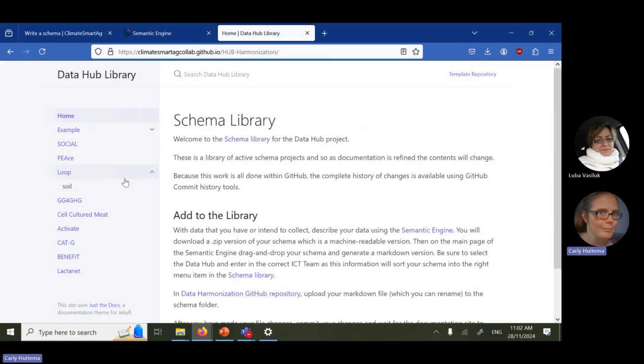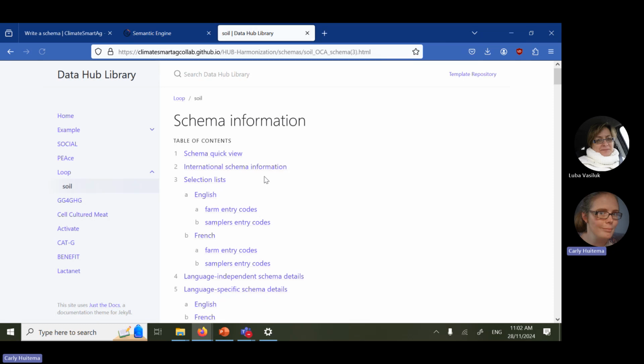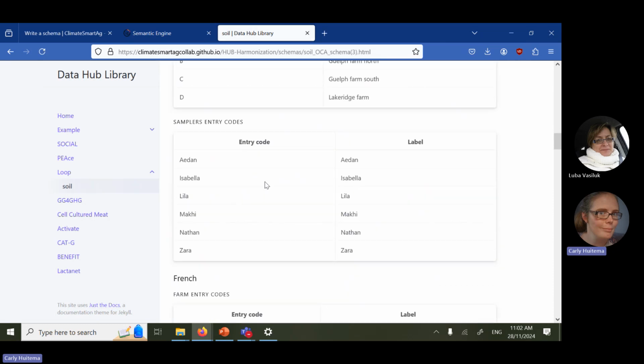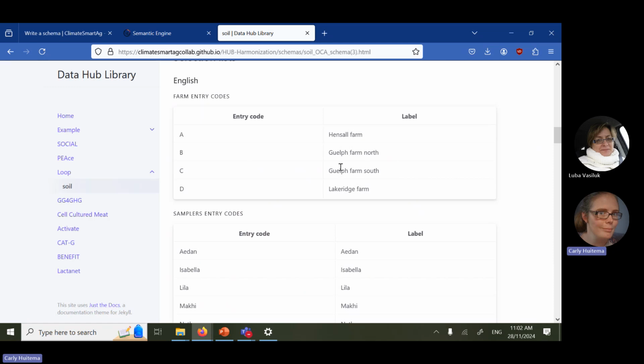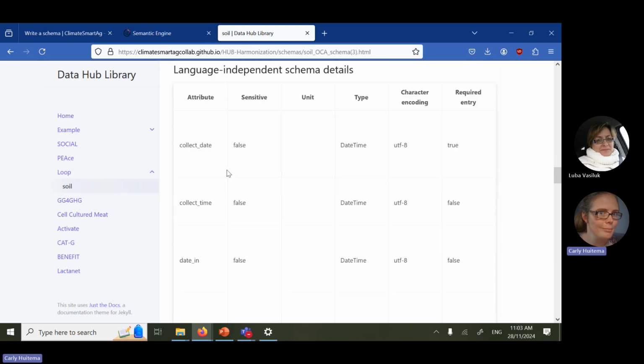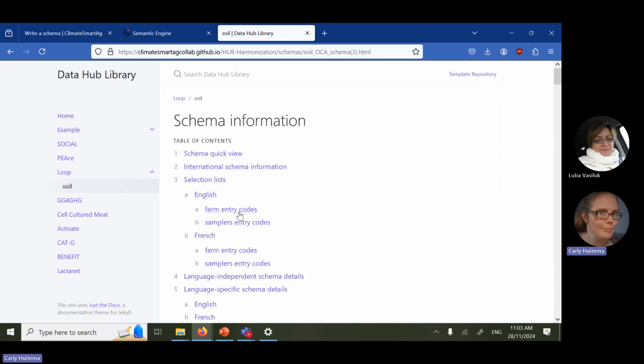And now in Team Loop, we can see the schema that I just added. So we can search for it if we would like. We can scroll down. We can see the entry code lists. There's no farm E because I didn't save that schema. I just pulled an old one in, etc. So this is our